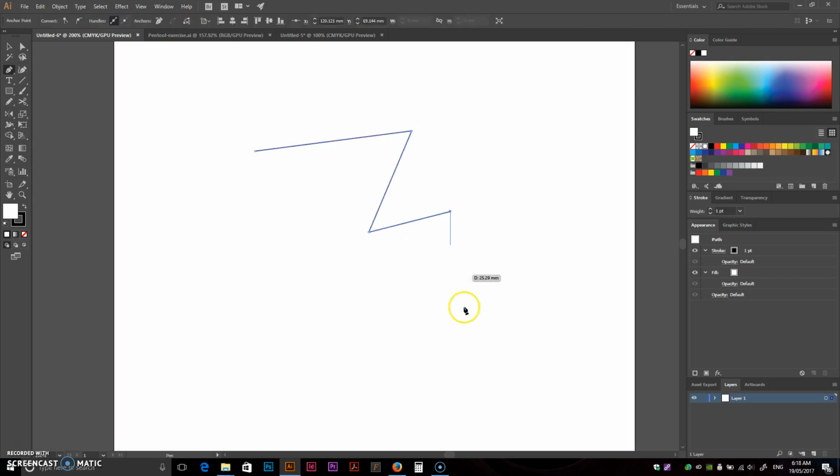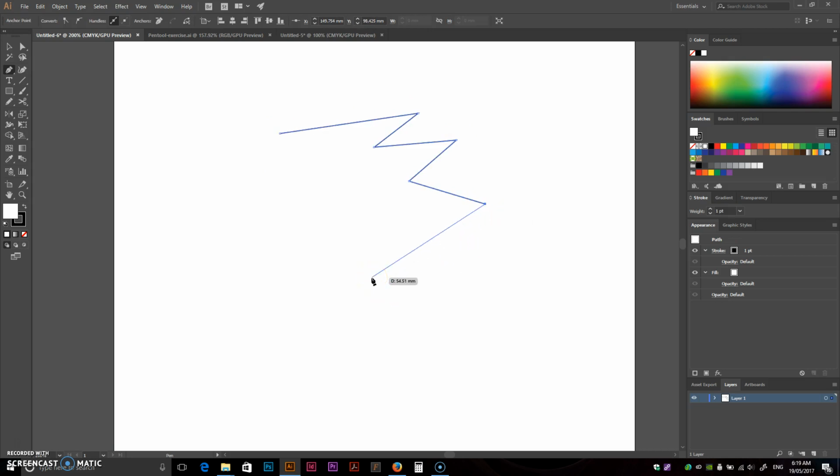You can see so far all we're doing is paths and points, no handles, so therefore we have no curves. You can also draw your handles with the pen tool. So as you're clicking to put points along like so, if you want a point to have some handles, so